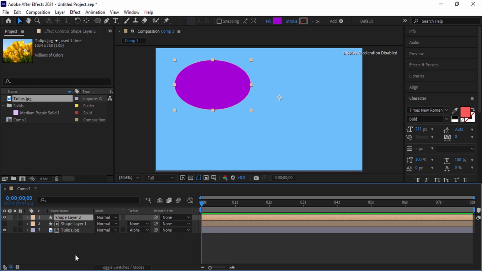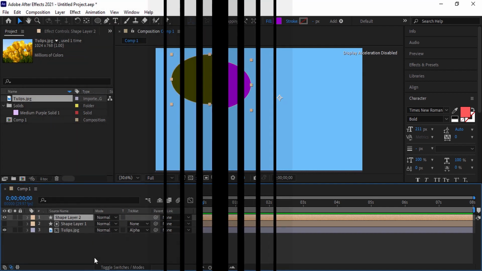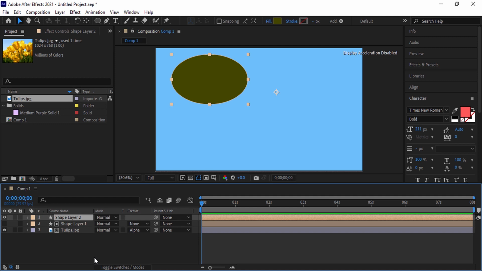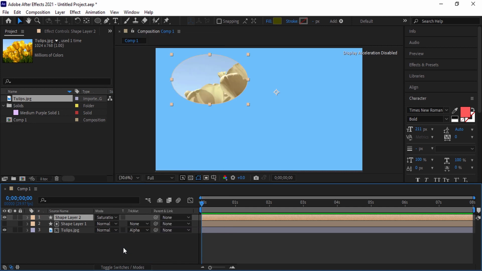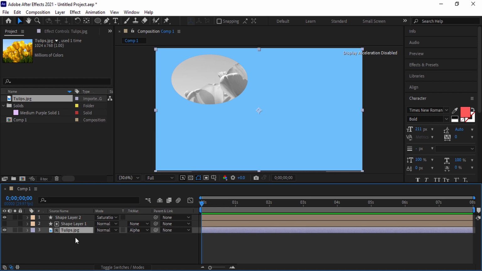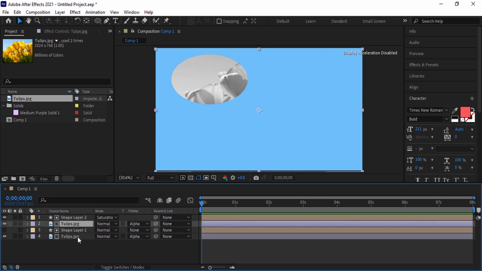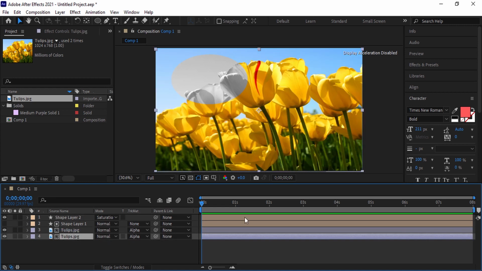As you can see in the image, this layer covers all the contents of the lower layers. Of course, in this example, we intend to control the effect of its colors on the contents of the bottom layer by changing the mode of this layer. To do this, open the Mode menu of this layer. Now select the Saturation option for example. Now make a copy of the photo and move it to the bottom layer. And we give it an effect.